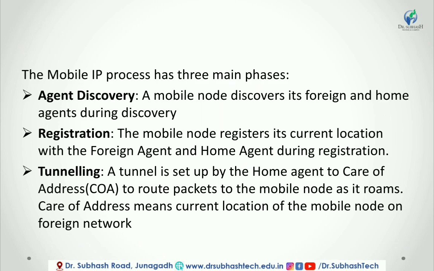If the COA is at the FA, meaning foreign agent, the mobile node sends its registration request containing the COA to the FA, which forwards the request to the HA. The HA now sets up a mobility binding containing the mobile node's home IP address and the current COA. Additionally, the mobility binding contains the lifetime of the registration, which is negotiated during the registration process. Registration expires automatically after the lifetime and is deleted. So a mobile node should register before expiration.